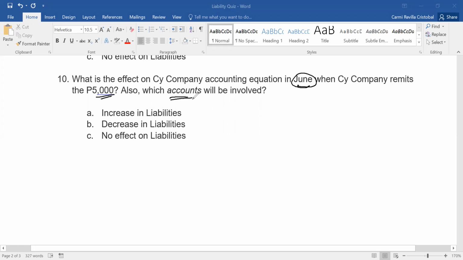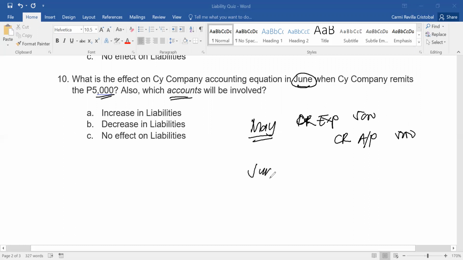So nagbayad na siya nung sinet up ng liability noong June. Kasi noong May, debit expense siya, and then credit AP, di ba? Debit expense and credit AP, setting up lang okay. 5,000. Okay, in June, which is ito yung problem,